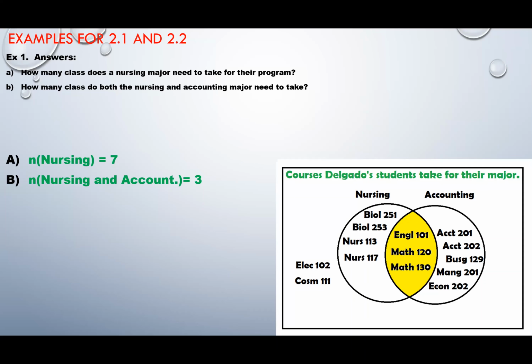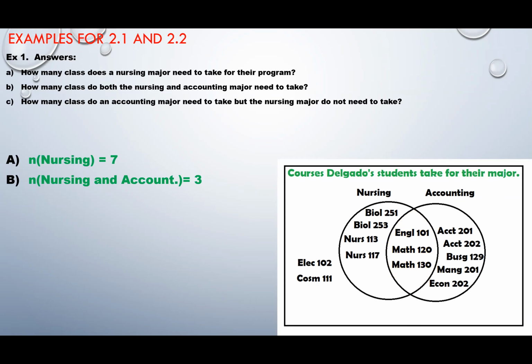And again, I know you say, well, the nursing major needs to take biology, but the accountant doesn't need to take it, right? Vice versa, the accountant needs to take accounting, but the nursing major doesn't need to take it, because when they ask you for both, that is the intersection of the two, okay? And vice versa,